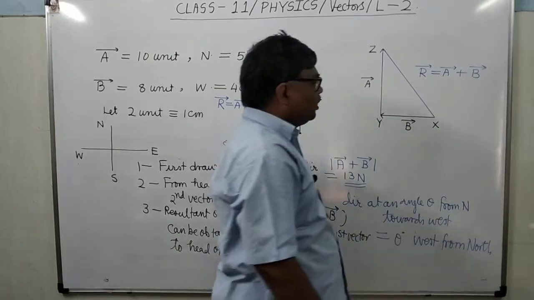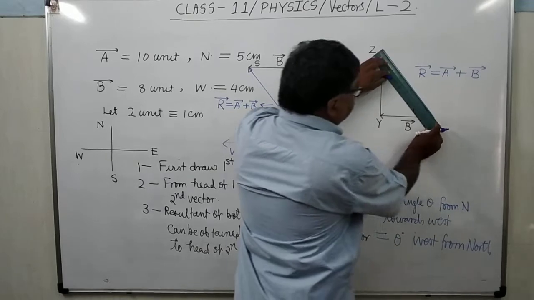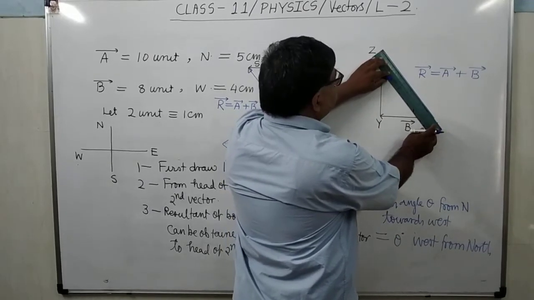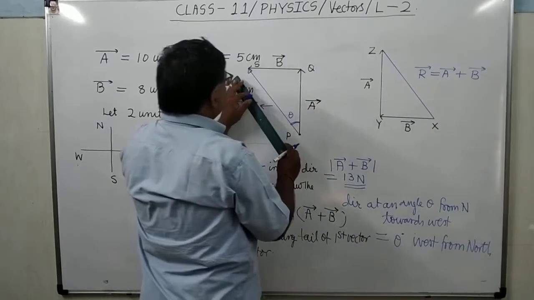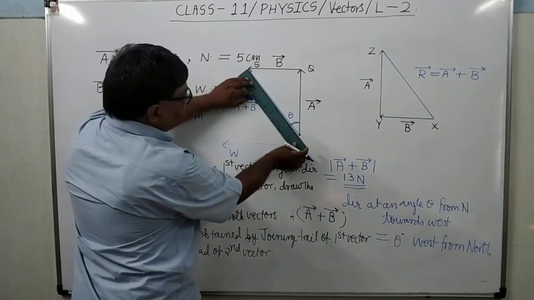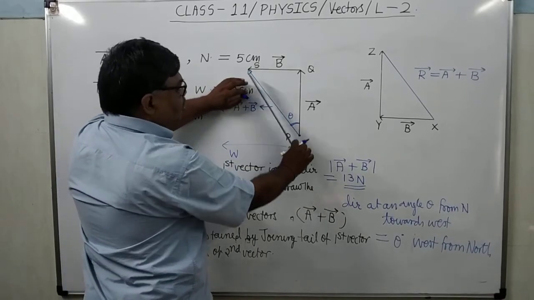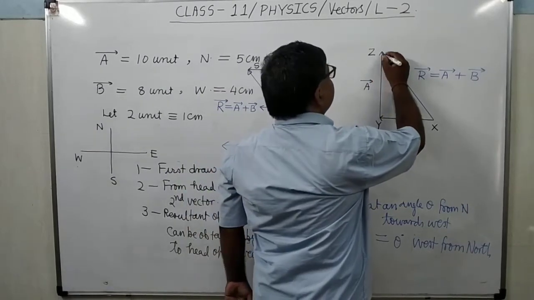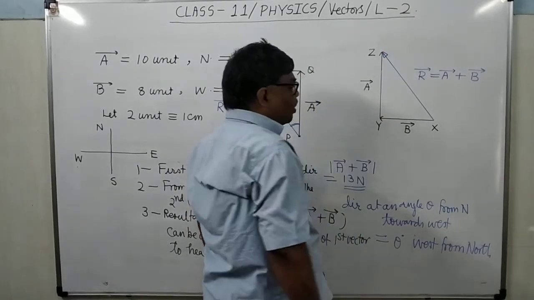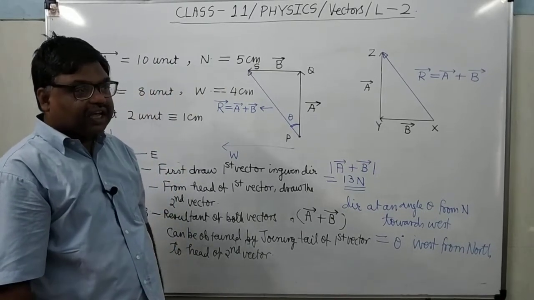What will be the magnitude? Once again, if you see here, it will be the same. It is here 13. It is clear? It will come out 13 Newton. Here also it was coming 13 Newton. So in both cases it will come the same. What is the direction? It is from X to Z. This arrow is very, very important. Without the arrow, it will not be. Then how will you express the direction?